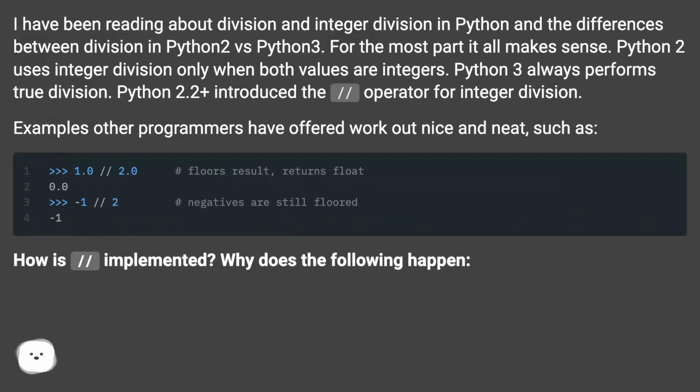I have been reading about division and integer division in Python and the differences between division in Python 2 versus Python 3. For the most part it all makes sense. Python 2 uses integer division only when both values are integers. Python 3 always performs true division. Python 2.2 plus introduced the // operator for integer division. Examples other programmers have offered work out nice and neat, such as: